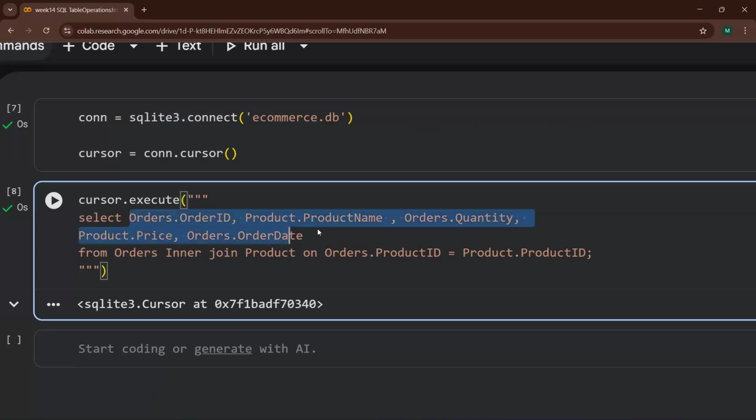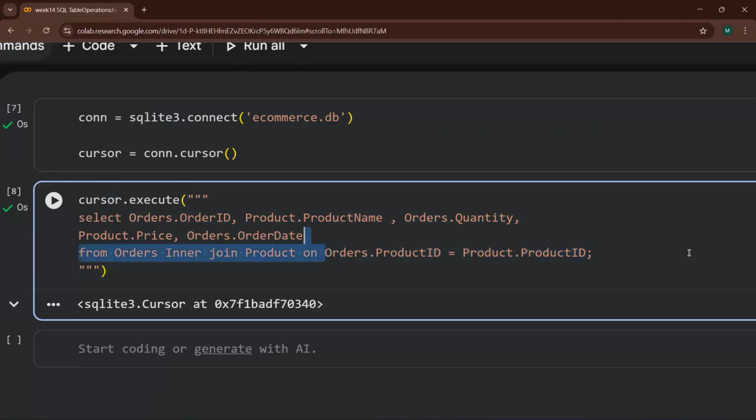Just get all the columns like that with the name of the table dot column name, comma, just like that, take all of them. And at the end, you have to put from name of the first table, name of the second table, put the join, whatever join you want to put, name of the first table on.